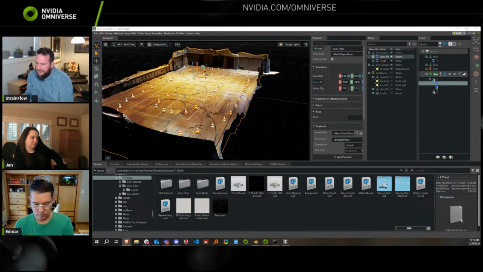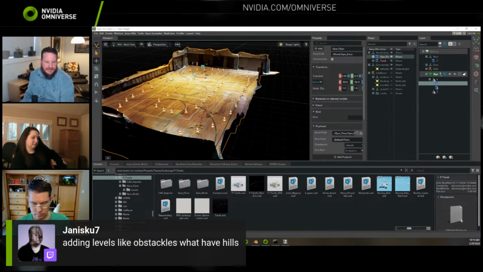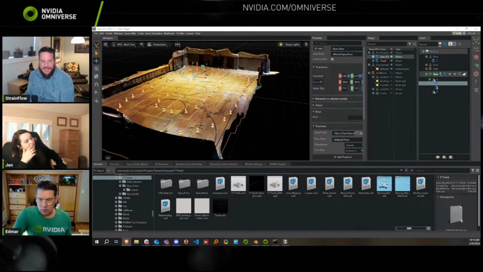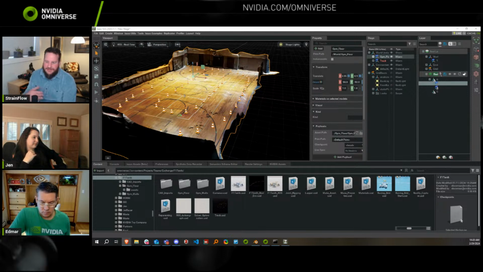Oh, that's kind of a cool idea. So adding levels like obstacles, yeah, I would love to get more. I was actually just talking to a researcher that I work with, and he has made a random track generator. So it just generates tracks at random.